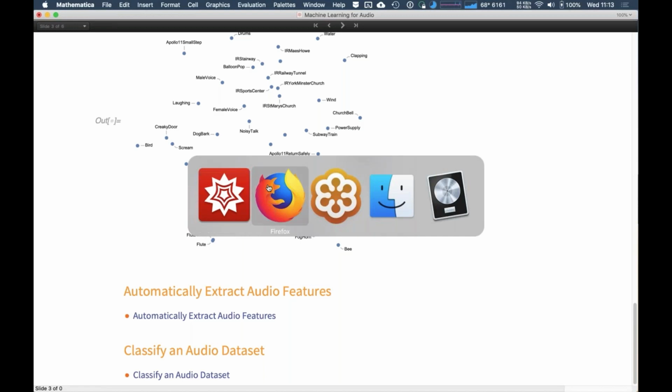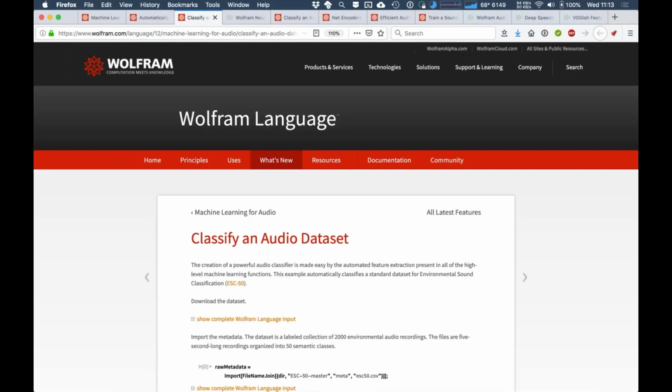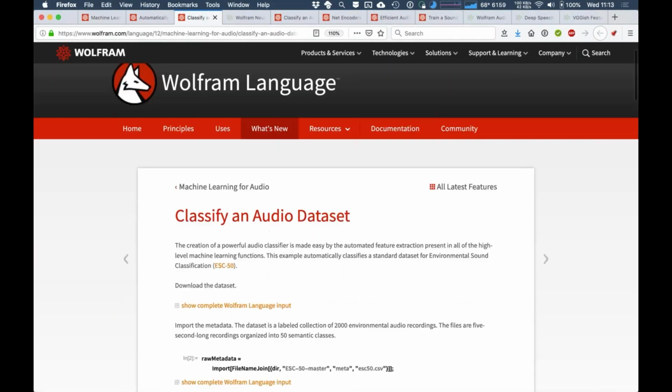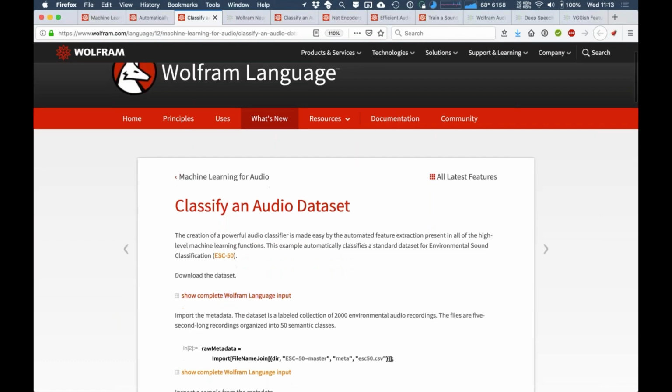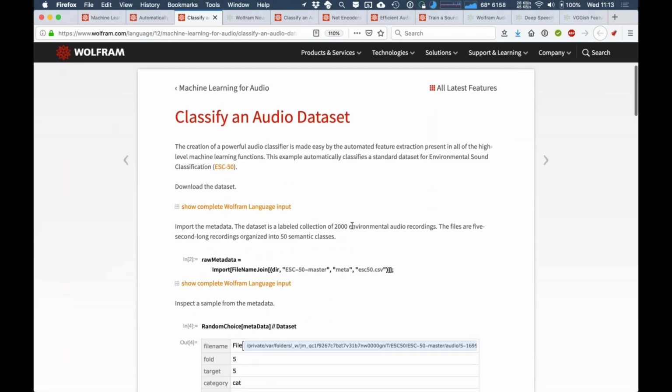Similarly, another interesting example is the classification of an audio dataset. This is a pretty standard dataset of environmental sounds that is comprised of 50 classes, and it has 2,000 environmental audio recordings.